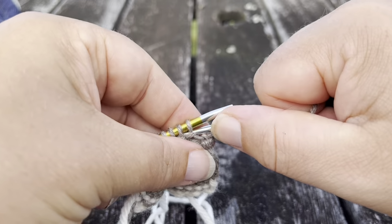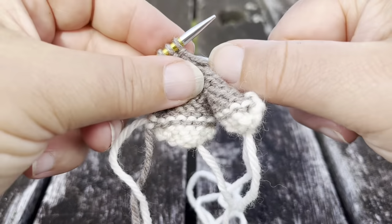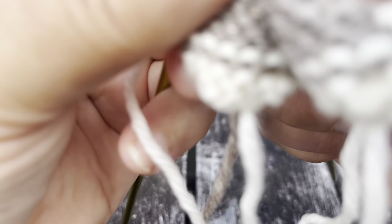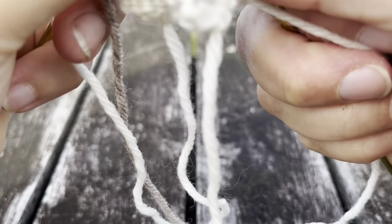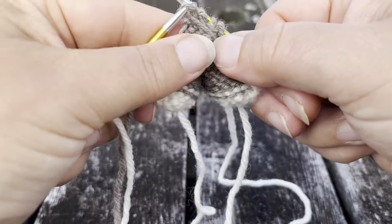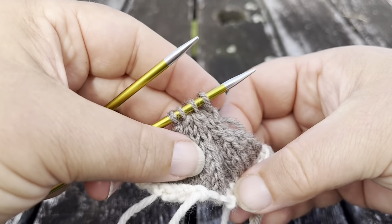We're going to purl 2 together. We're going to purl 2 together through the back loops because at the end of the day, it will look better, even if it's annoying at this point. Right, there we go. We've purled 2 together through the back loops, and now we're going to purl 1. This brings us to row 15, which is our last row,